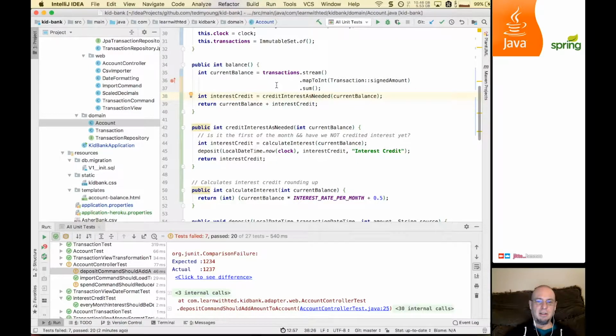So now we're in an interesting state. Just looking at this code, it's a bit weird. We do a stream to calculate the current balance. Then we go ahead and credit the interest, hand it the balance. We get the interest credit so we can add it back. I kind of want this method to go back to mostly what it was before. What I really want is to do the credit interest check first and then just return this part. And then have this calculate the interest. Well, I don't know. Do I want to just pass in the current balance and have it return